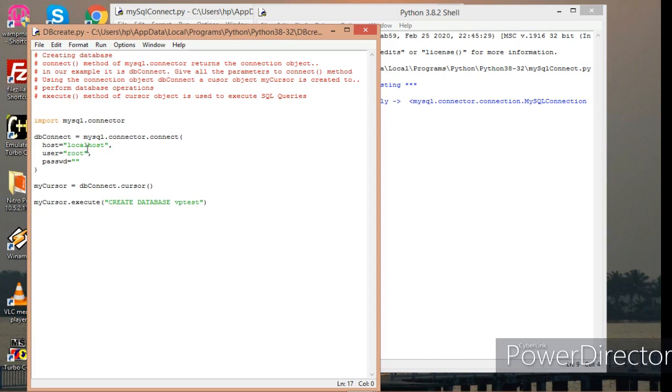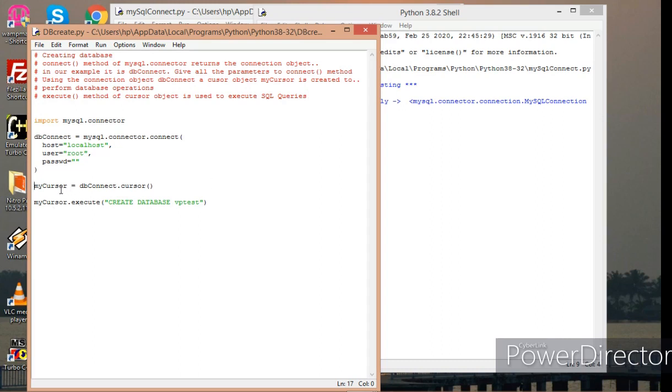So connection is established, connection object is created. Now using the connection object dbconnect, a cursor object MyCursor is created to perform database operation, and the execute method of cursor object is used to execute SQL queries.